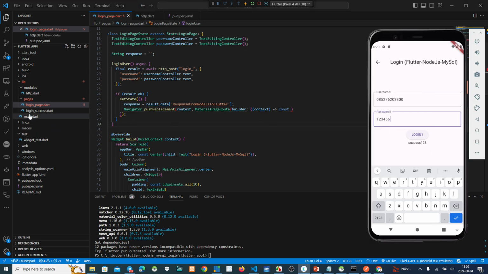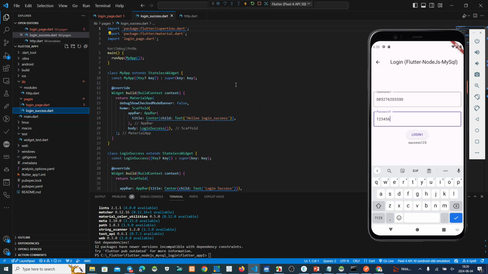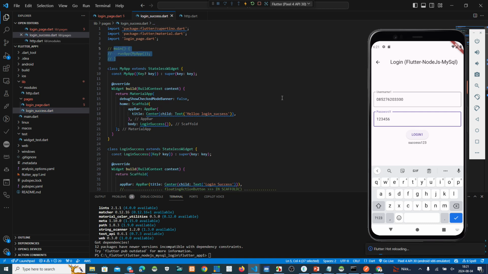we can see this one, if login success, go to this page. Oh, we don't need this one. And then make this one login success.